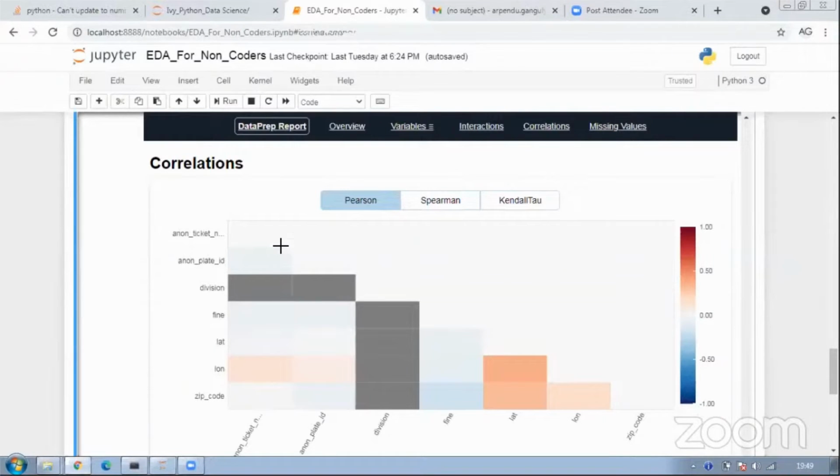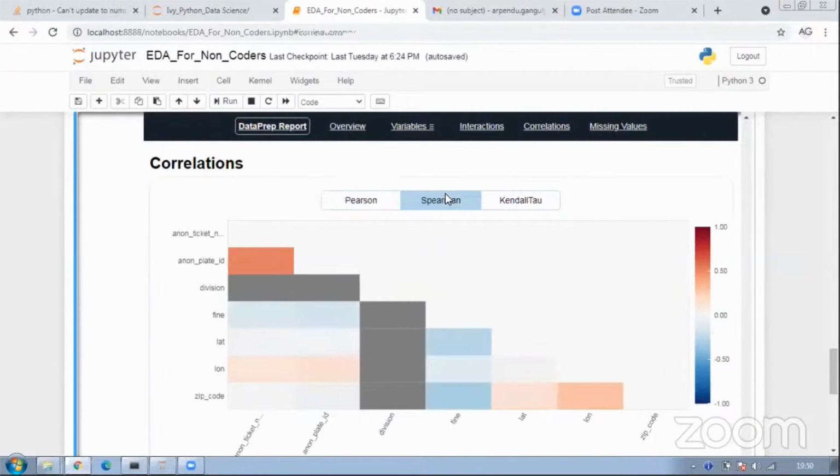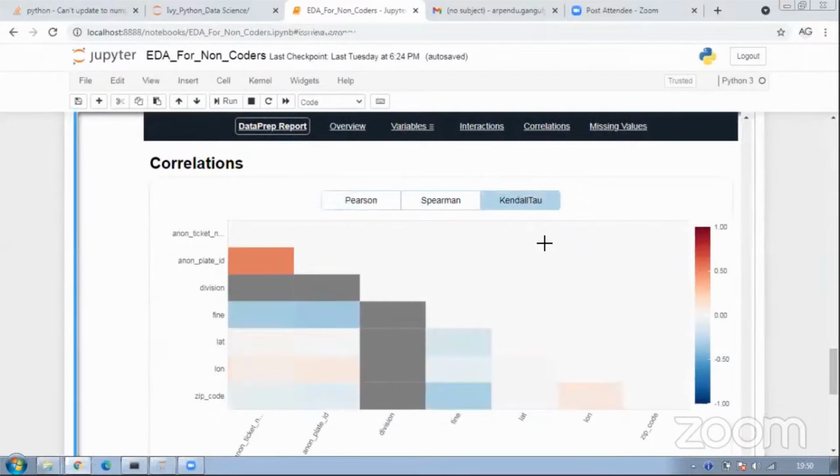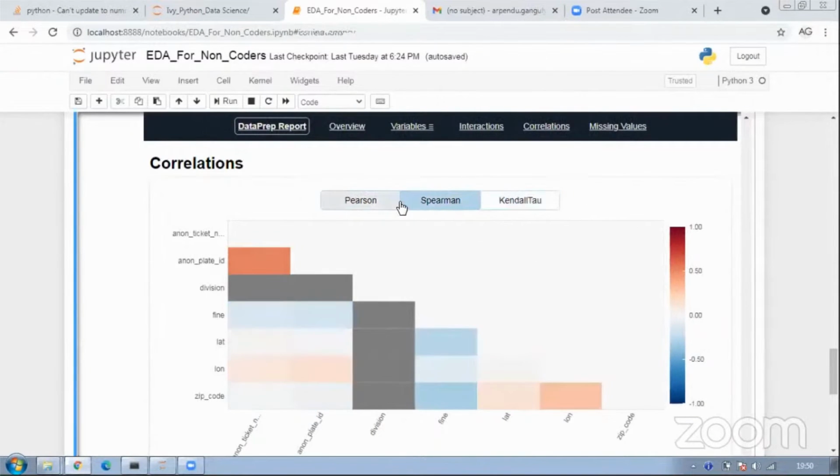And obviously, every variable will be correlated with itself, right? And hence, we just have this upper frame. So we know that, for example, in these guys, division does not have any values and shows NaN, right? So here we know if it's a negative correlation or a positive correlation, right? We can also switch between Spearman, Pearson, and Kendall Tau, the three different correlation statistics that we have, and it allows us to check that also.